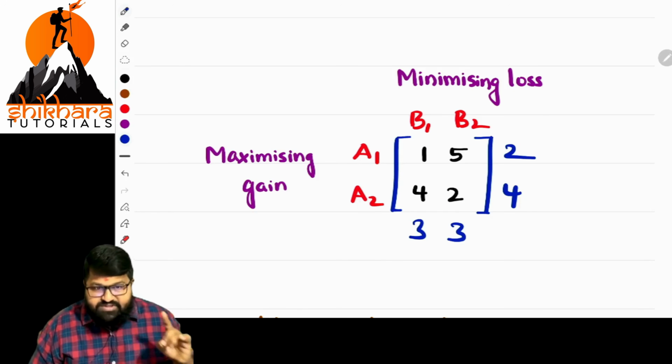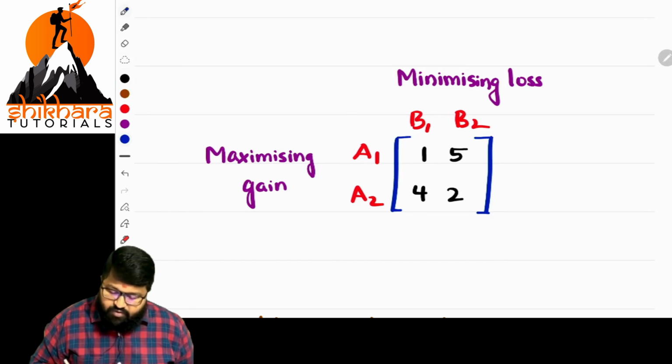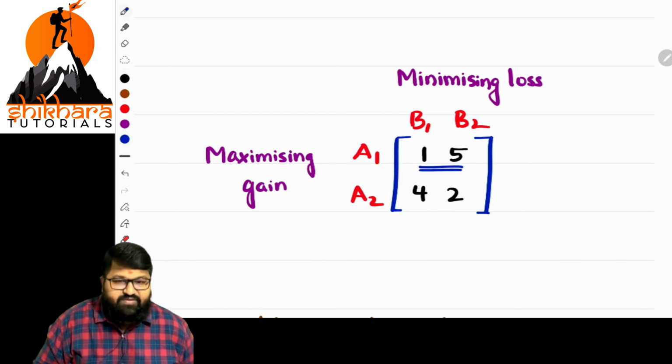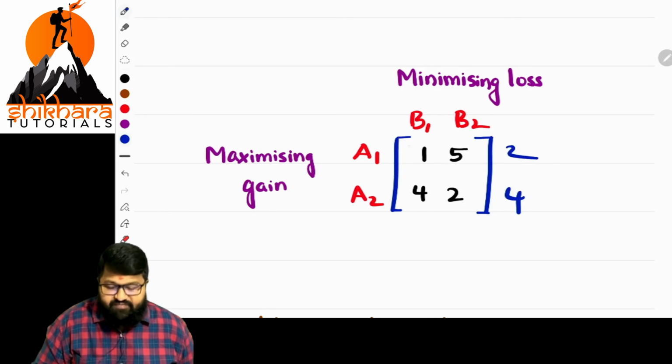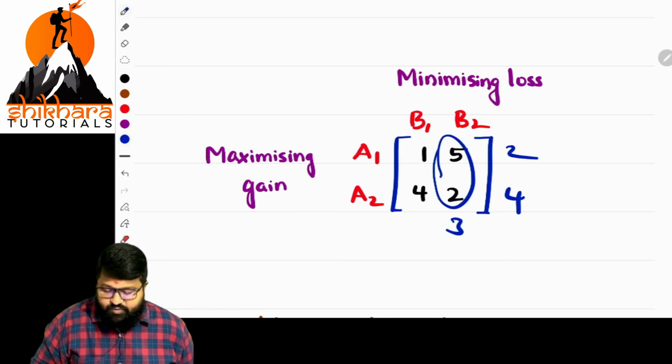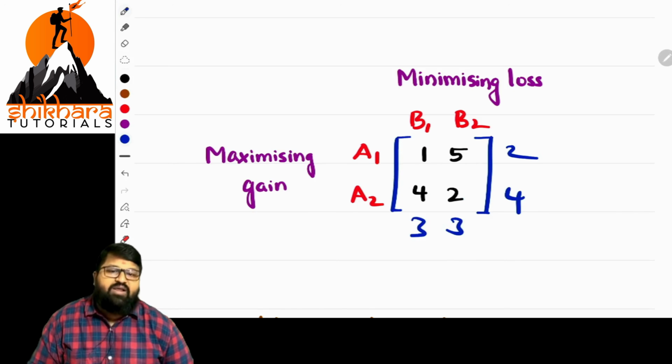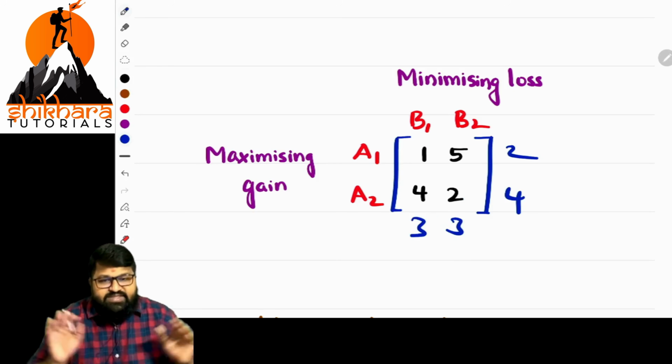This is the most important step. I'm repeating again. What should we do, sir? We should find the difference between these two of the first row and write it right here, and find the difference between these two and write it right here. In the same way, find the difference between these two columns and write it right here. That is the point. If that part is done, the entire basic fundamental part is done.